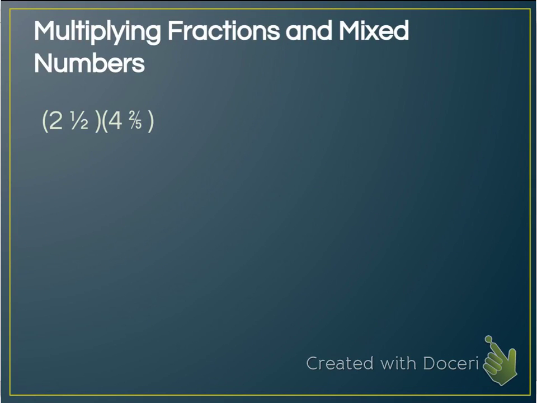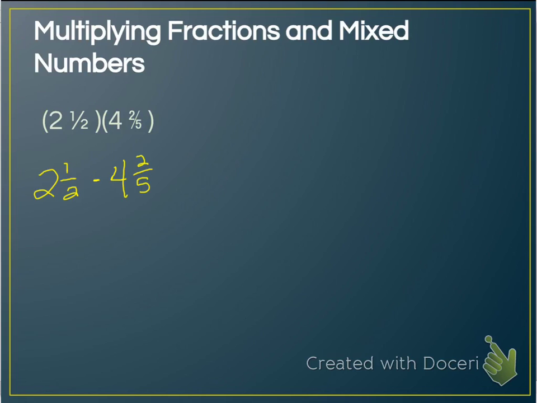One more problem to show you. Sometimes you're going to have a mixed number. This is 2 1/2 being multiplied by 4 2/5. A mixed number is a fraction that has a whole number and a decimal. So in order to multiply this, we have to convert these mixed numbers to improper fractions. Improper fractions are greater than 1, just as mixed numbers are greater than 1. And they actually end up with a numerator that has a larger number in it than the denominator because they